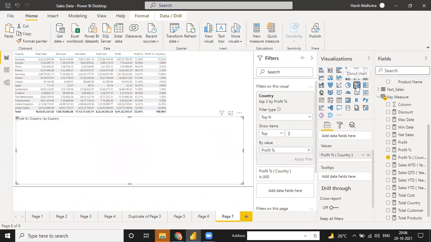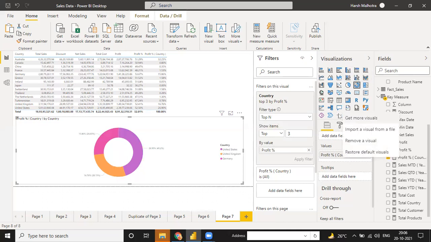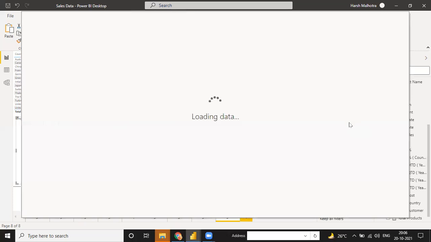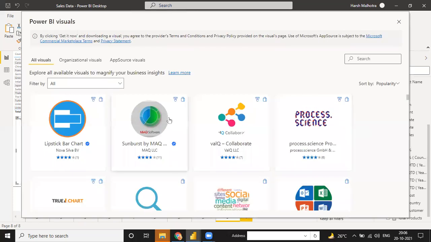You can also use your donut chart, as well as multiple other charts. Go to this: suppose you have access to Power BI, meaning you have a work email ID. Go to this, the three dots, get more visualizations.